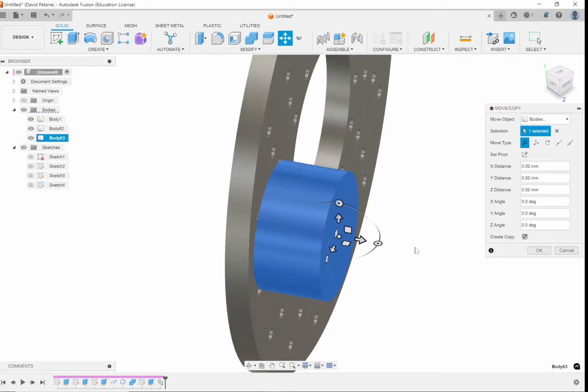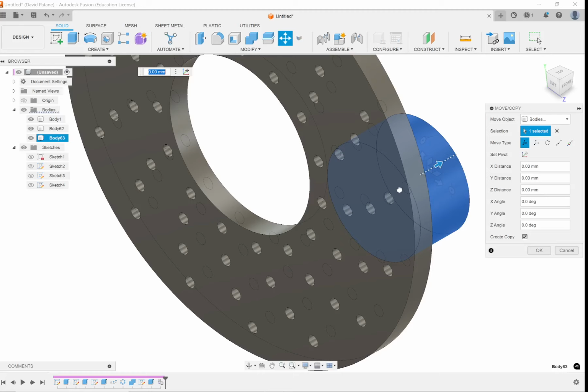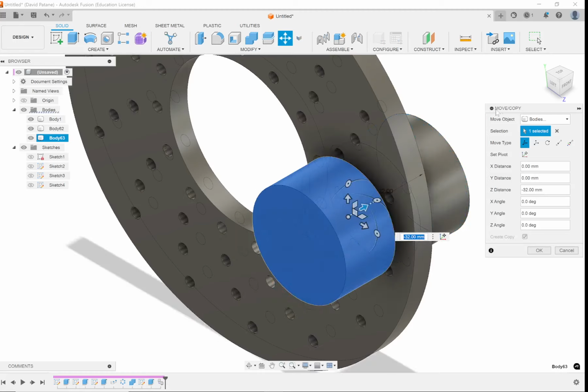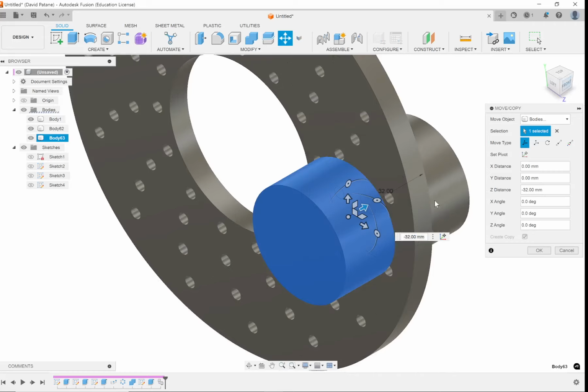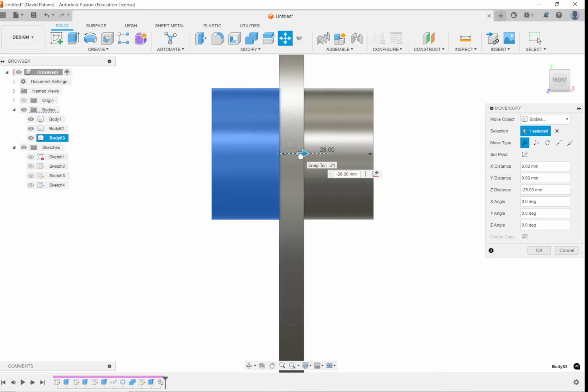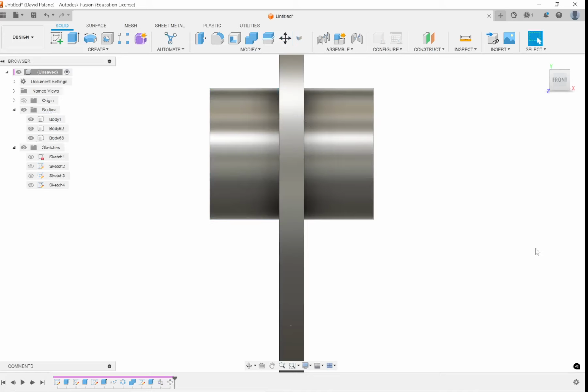And my copy I can move my copy over here. What distance is it? 0.85. Okay, so making copies of objects is instant in CAD,